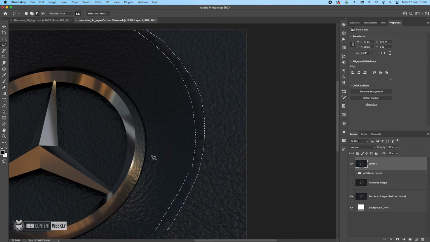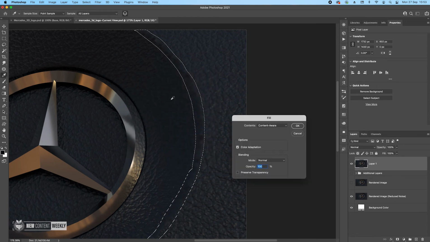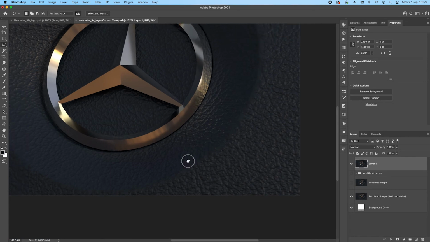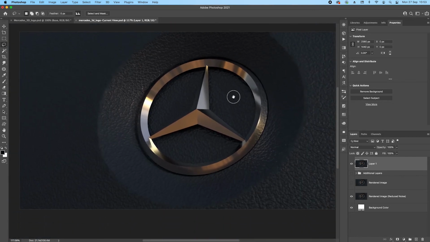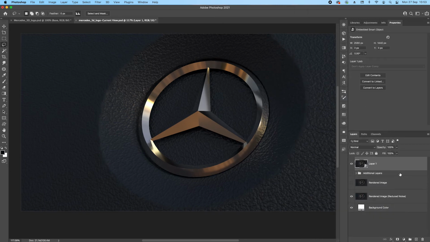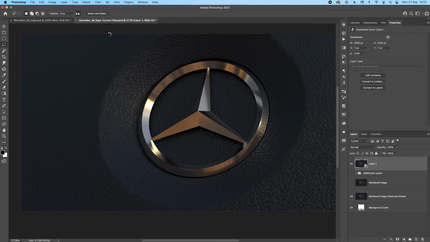This here. And all you have to do is just right click and fill, content aware fill, and then just press OK, and this should sort out the issue, so it's not as bad as it looked before. So yeah, this is acceptable now. Okay, cool. Once that's done, just convert it to a smart object, and let's head to camera raw filter for